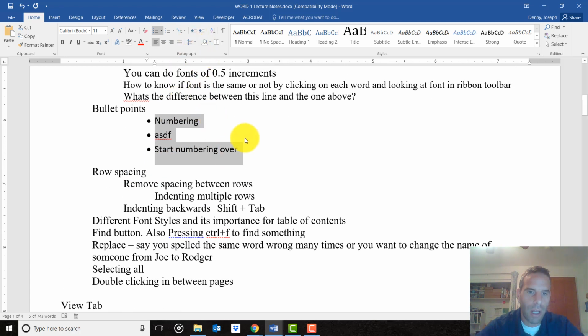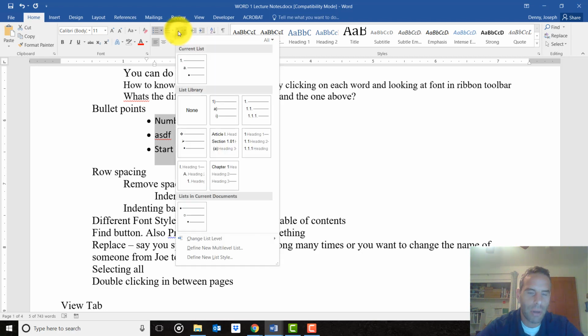You can also use this button that says multi-level list. The multi-level list is kind of like an outline that you would do in a class. So if I chose just this option right here,